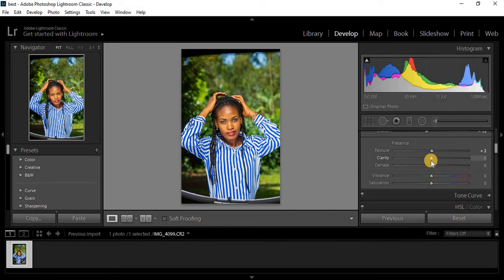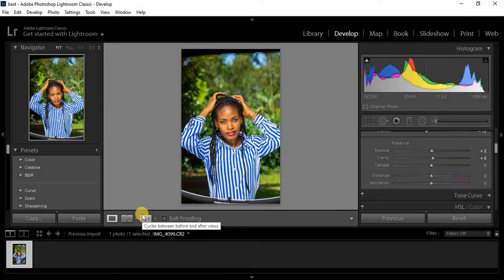Then clarity also sharpens or enhances the darks or the image overall. It kind of sharpens the image even more, so it works more like the texture. So I prefer to add a clarity of 5. You can see what we are just doing for this image. So let's say before and